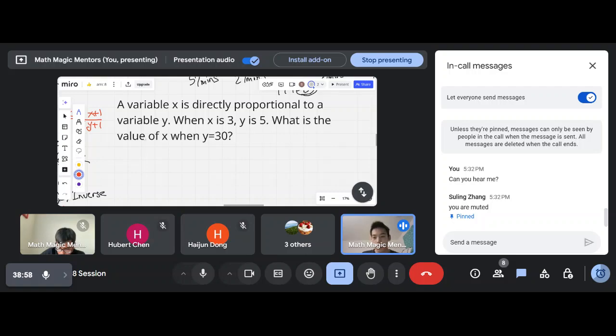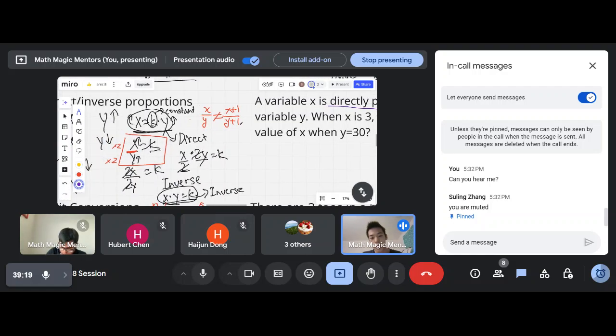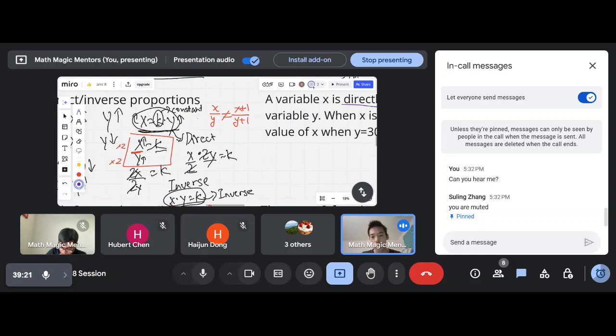So here, a variable x is directly proportional, we want to note this, to a variable y. When x is 3, y is 5. So what is the value of x when y equals 30? Right? So the way we want to think about this is that if we look back to our definition of